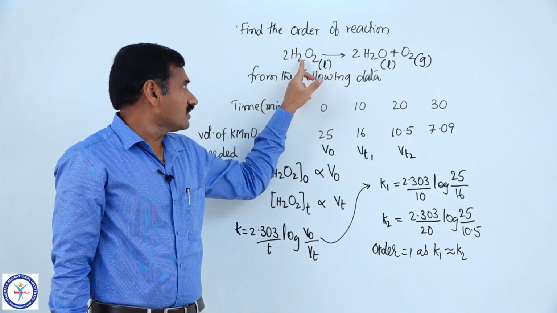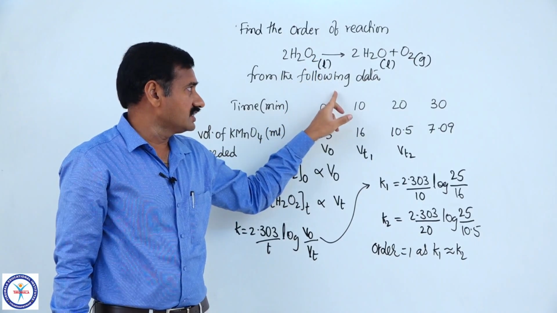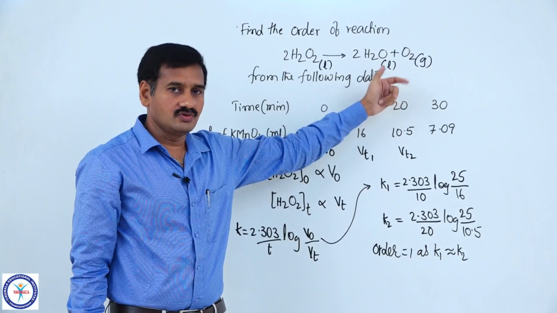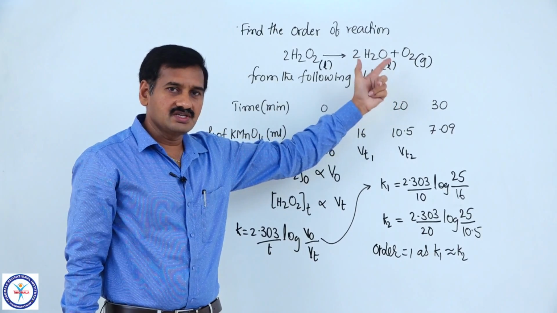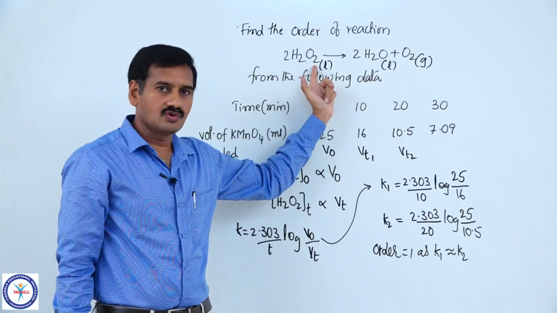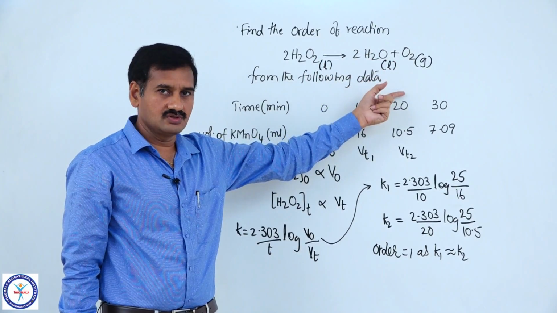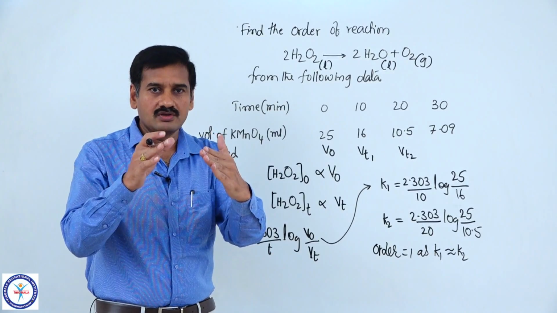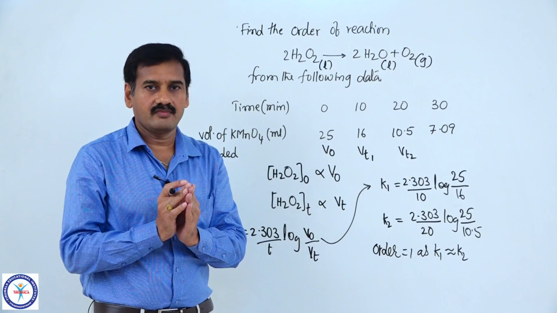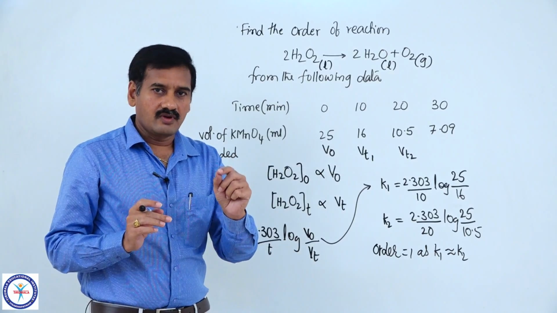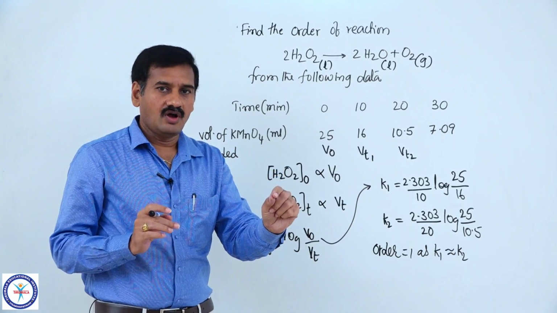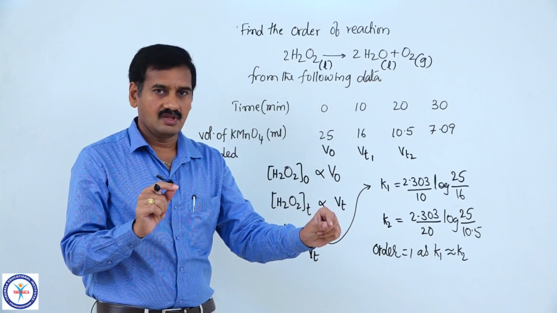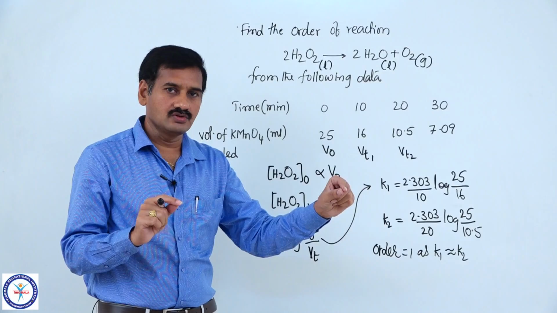From time to time, a number of molecules of hydrogen peroxide are dissociating, so that a number of molecules of oxygen are produced. For the dissociation of every 2 molecules of H2O2, 1 molecule of O2 is produced. Suppose in a conical flask, some 100 molecules of hydrogen peroxide were taken. From 0 minute to 10 minute time, out of 100, some 10 molecules of H2O2 were dissociated. Then how many molecules of O2 will be produced?